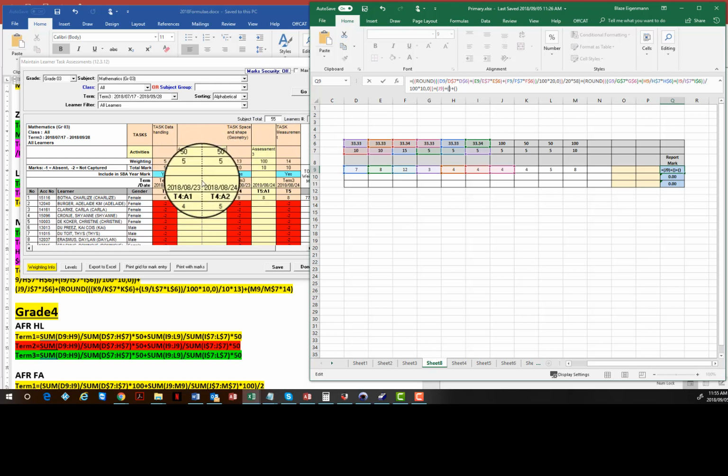They are equally weighted, and ultimately can be added together to give you a mark out of 10. So you could just say at least K9 plus L9 divided by the total multiplied by the weighting. Or we could follow the ritual that we have just for the sake of consistency,